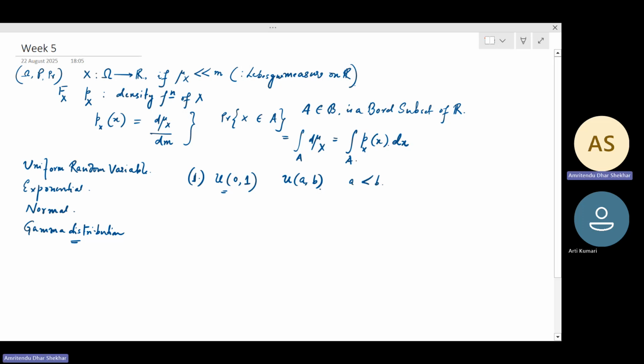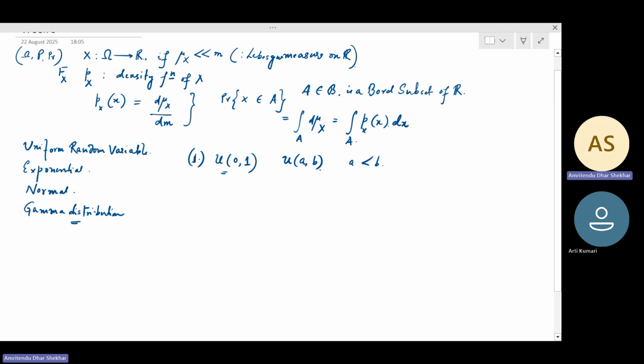In this case, the probability density function of this U(a,b) is basically equal to